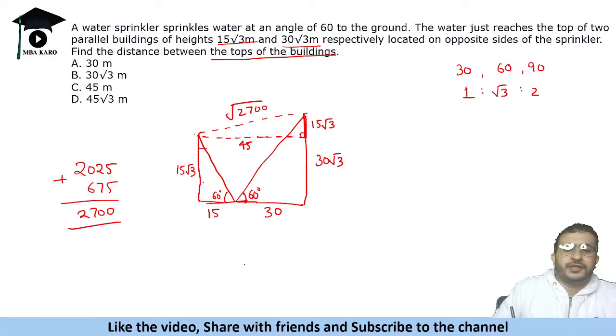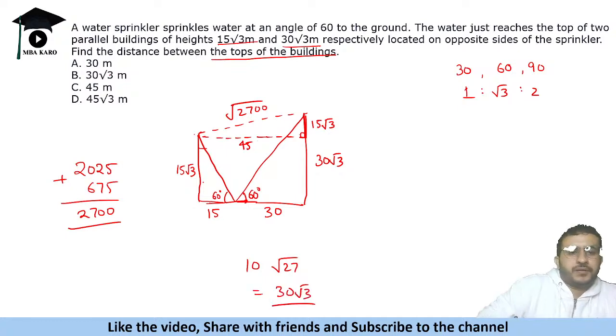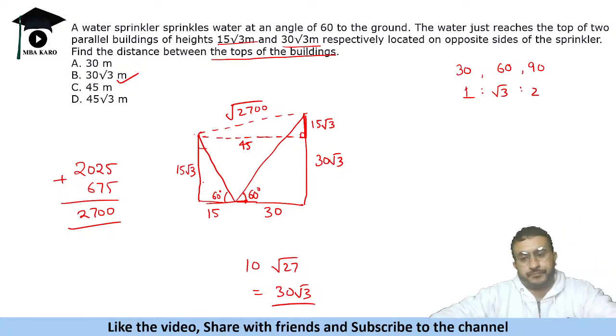Yeah, 100 is 10 and root 27 is 3 root 3. So we can say 30 root 3. हाँ प्लस साइड माइनस ले लिया था मैंने गलती से। So this distance is 30 root 3. It was an easy question on heights and distances. ठीक है।